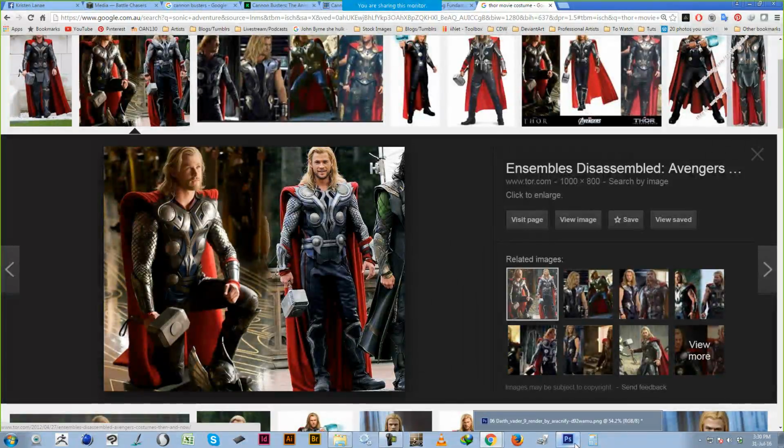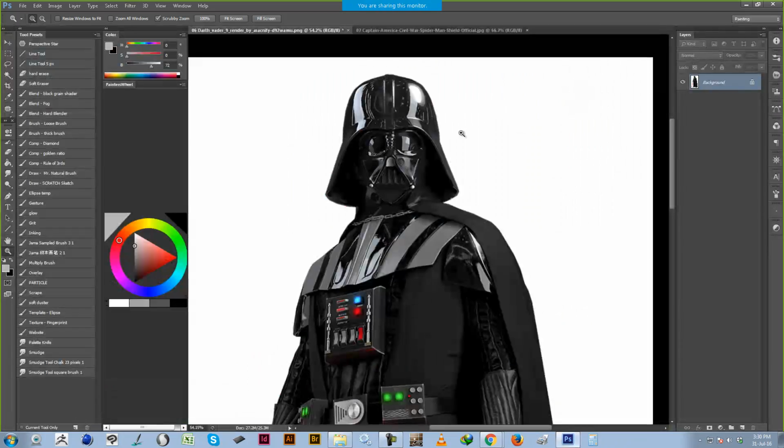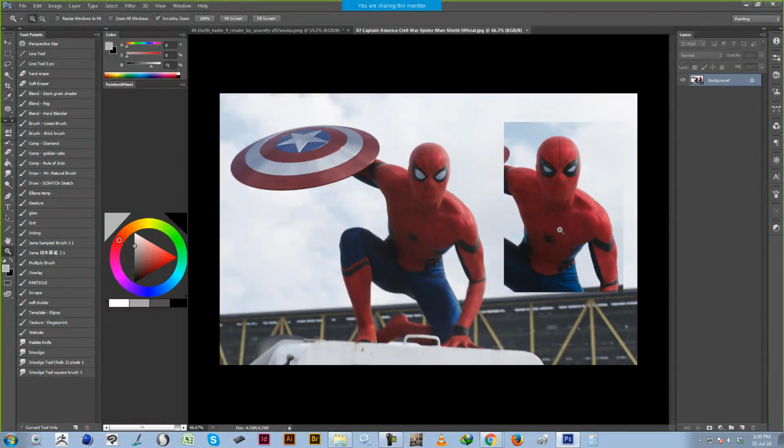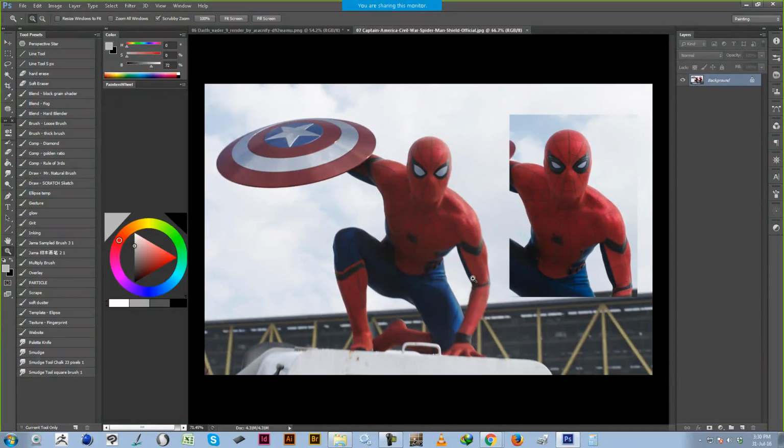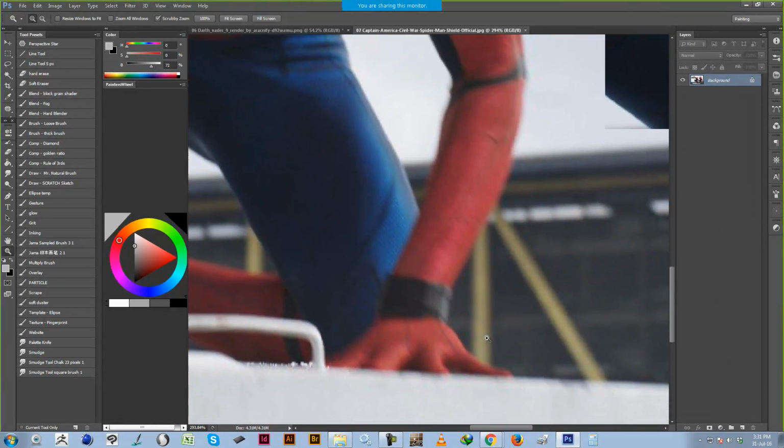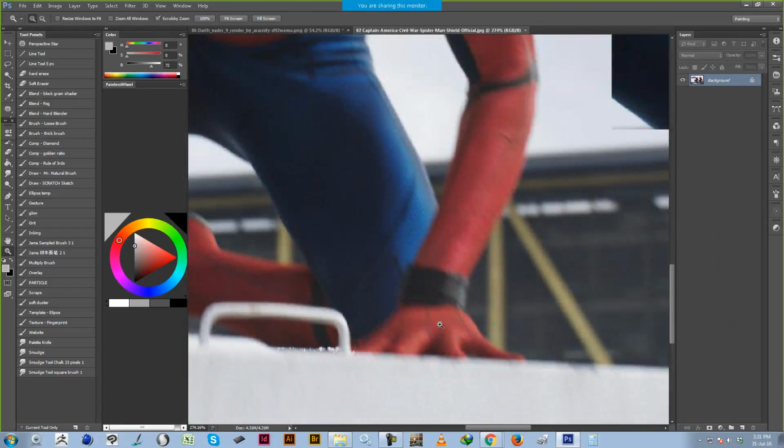So I think Marvel's really good about how they do that, which leads me on to Spider-Man. This is Spider-Man in Captain America: Civil War, and we're looking at his costume. Again, we're going to analyze what he needs. In the old movies, Spider-Man's webs were organic, but now they move back to them being mechanical, right? In the Tobey Maguire ones they were organic, but then they rebooted it with Andrew Garfield,